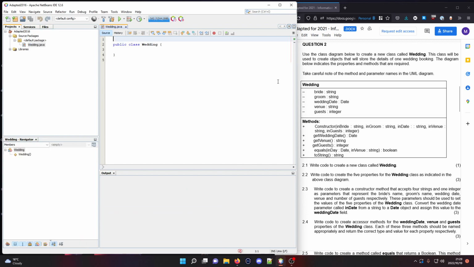Okay, and I can see over here I've got some properties. I am going to stick to the questions, so I've done 2.1, and then write code to create the 5 properties for the wedding classes indicated in the above class diagram. So I've got private, very important to remember the private. Private string groom,